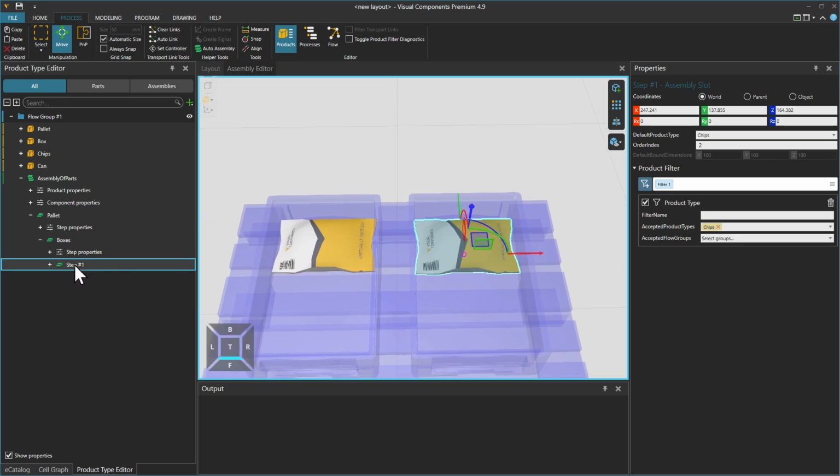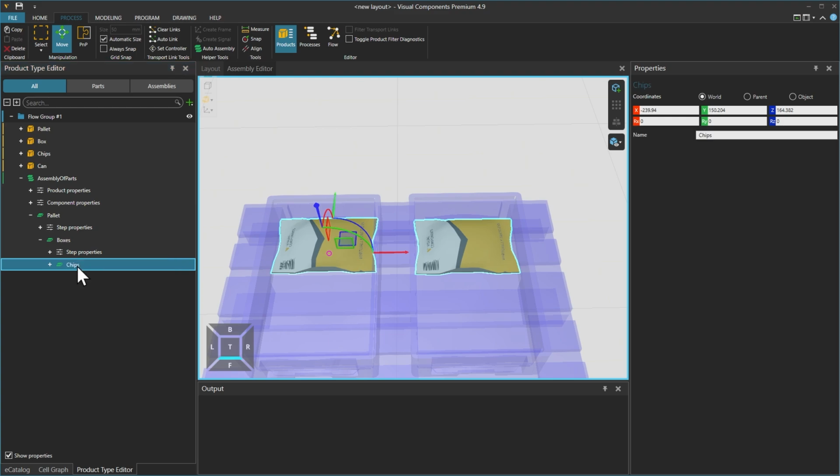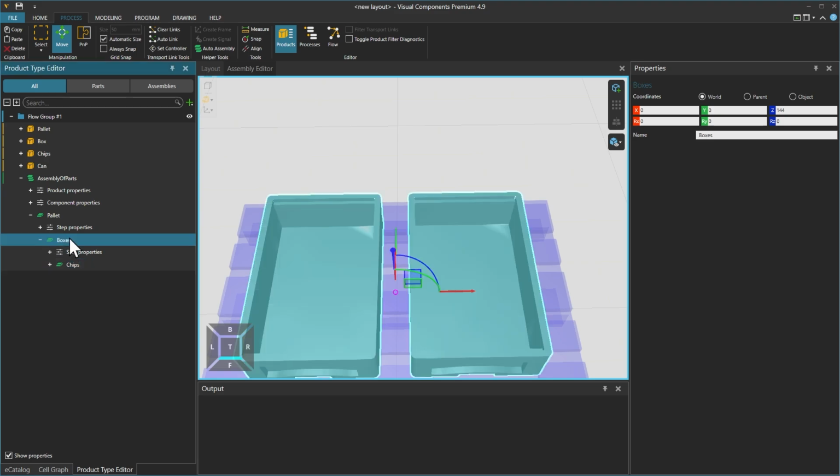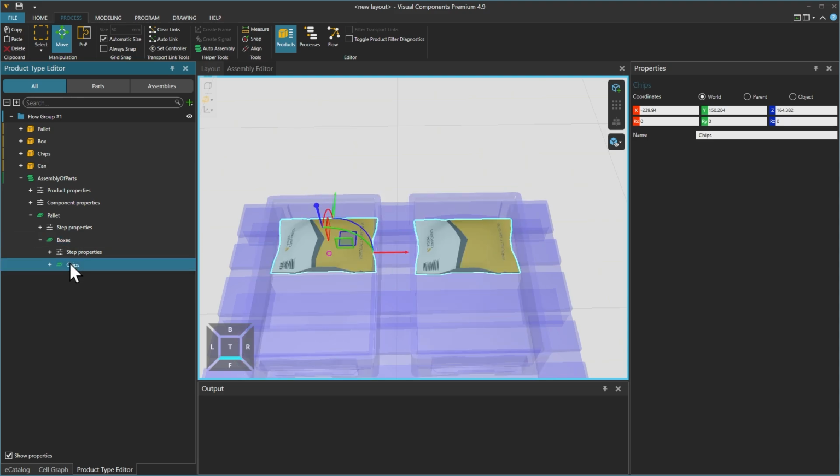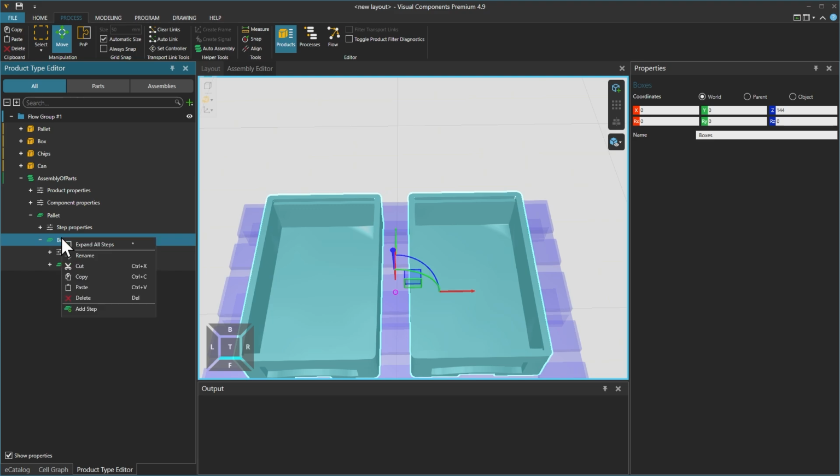So then we can change the step name to chips, which now has 2 slots in it for 2 packs of chips. And then to add the other products inside the boxes, when we create them, we want them to be parallel to the chips from the hierarchy point of view and have the chips and cans in the boxes attached to the same parent. An example of this we will show later when we set up a hierarchy using the Attach tool before using the Auto Assembly add-on. So we then right-click on the Boxes step and click Add Step once more.